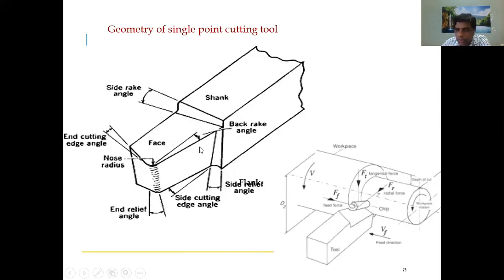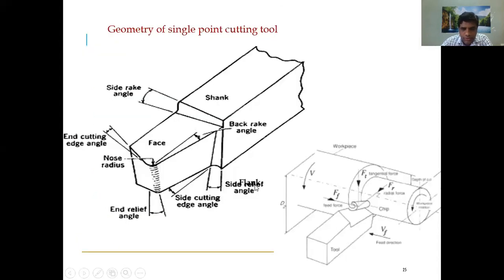So this is called the primary cutting edge, or maybe, because your book is mentioning it as a side cutting edge, because it is a side of the tool. If you consider this as the axis, this is coming as a side cutting edge. So this is referred to as a side cutting edge. Here also this is referred to as a side cutting edge.